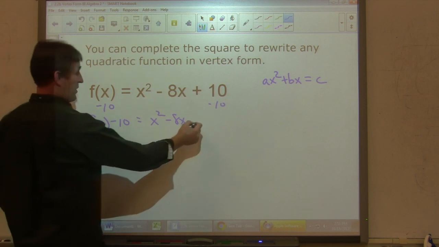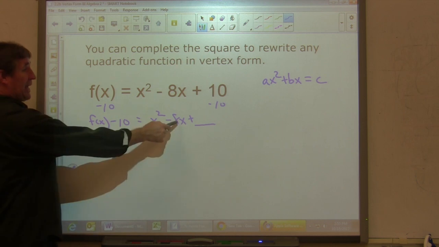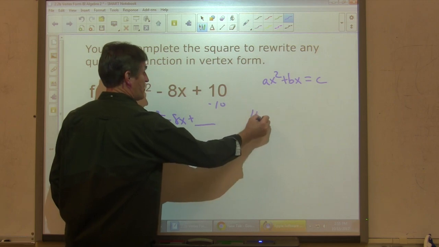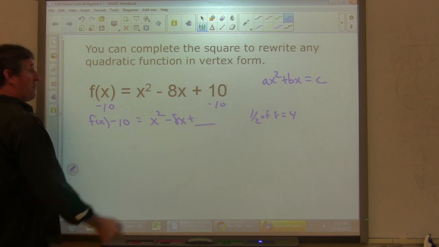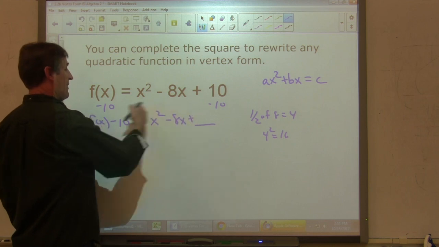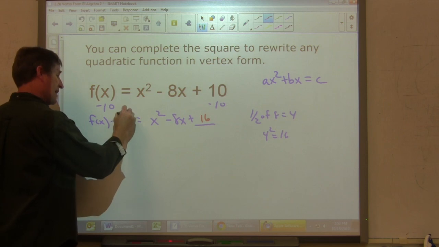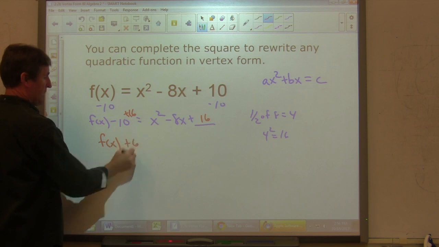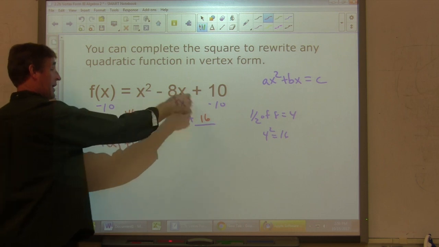Now we're going to complete the square, so we're going to fill in this blank here with the number to complete the square. So this was step 1. Now we're going to take half of b. So half of 8 is 4. Then we square that. 4 squared is 16. And then we're going to add that to both sides of the equation. So I'm going to add 16 here, and I'm going to add 16 to here. So on this side, I get f of x plus 6 equals, now I got a perfect square